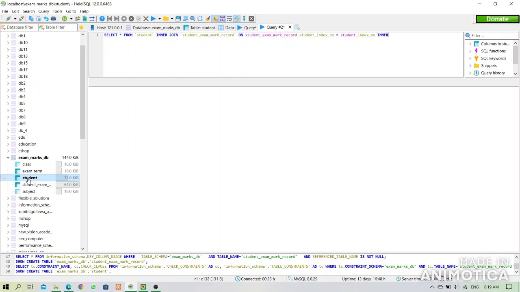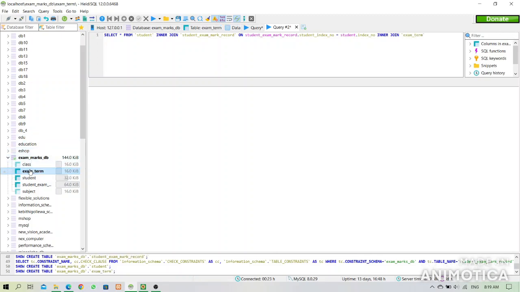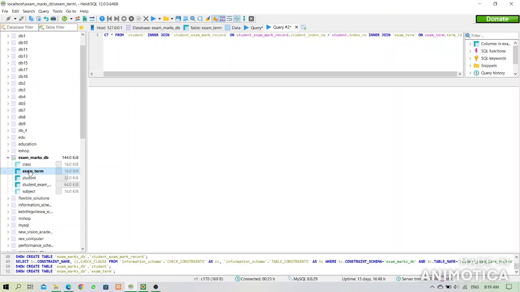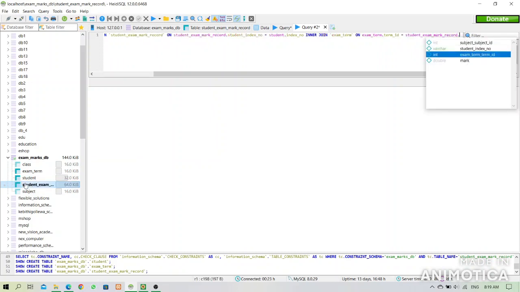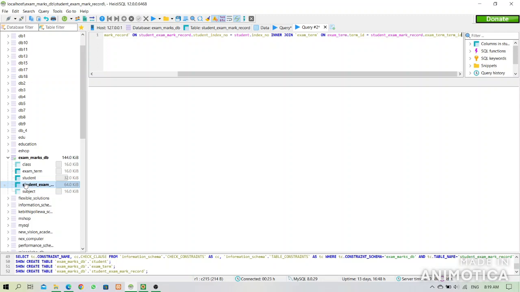Now we can inner join the exam term table, exam term dot term ID equals student exam mark record dot exam term ID. And also we have to inner join the subject table